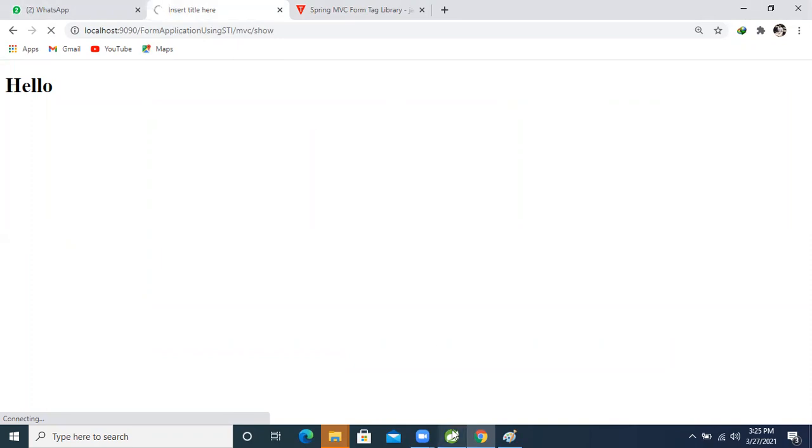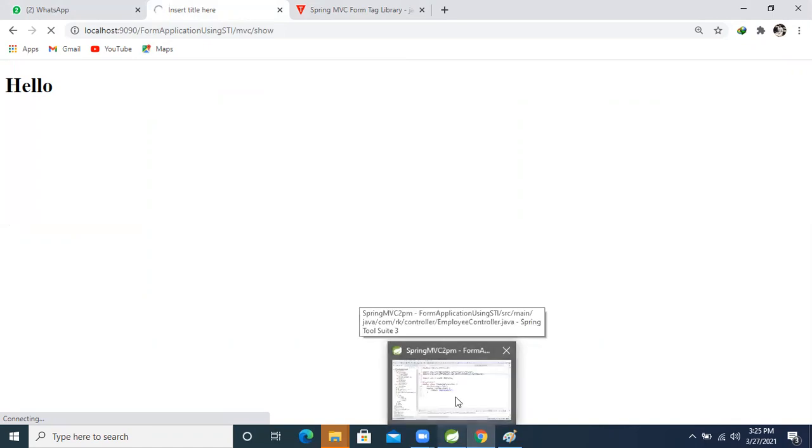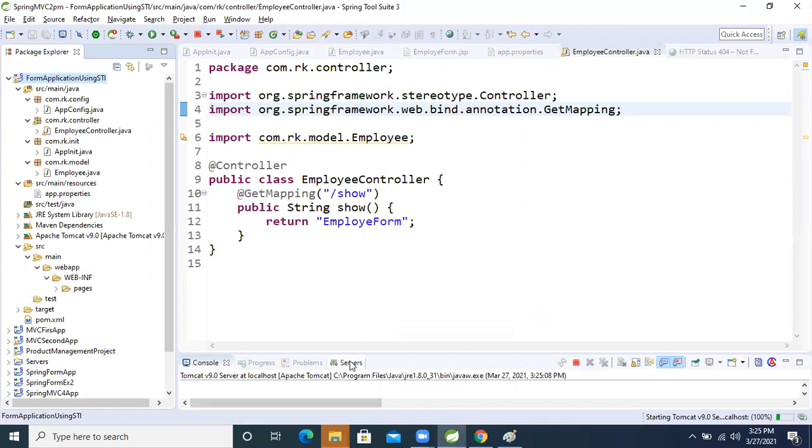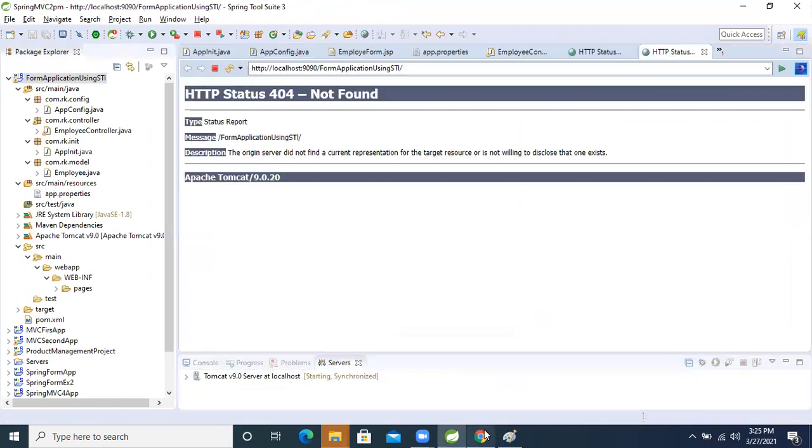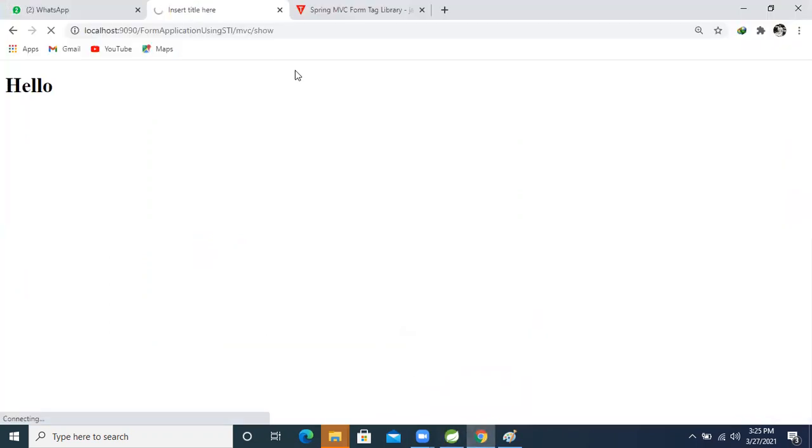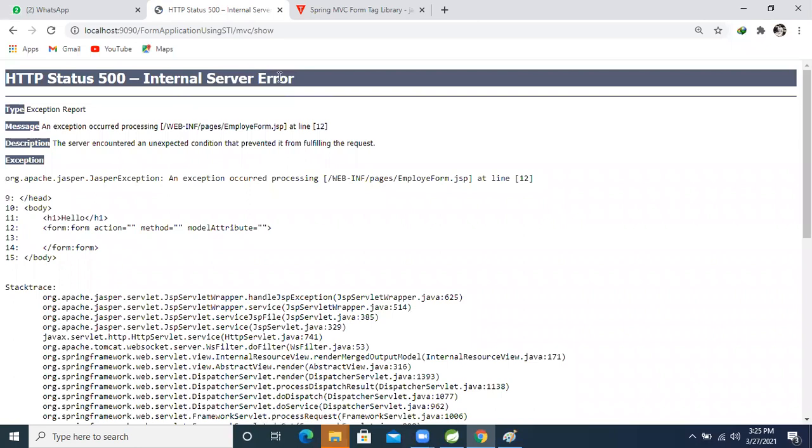Still the application is running. Yeah, see, we got the internal server error.